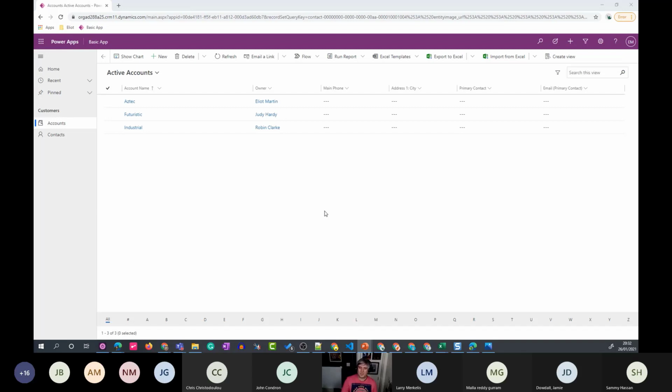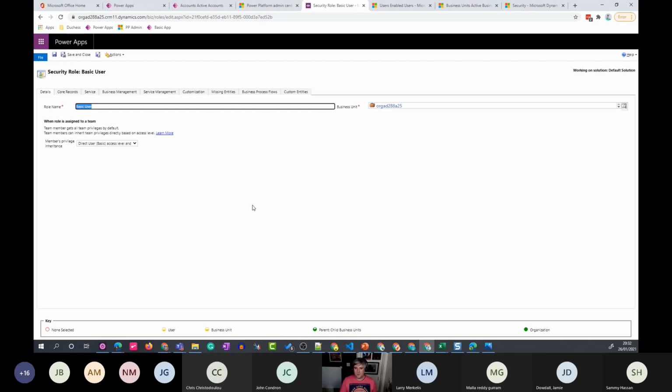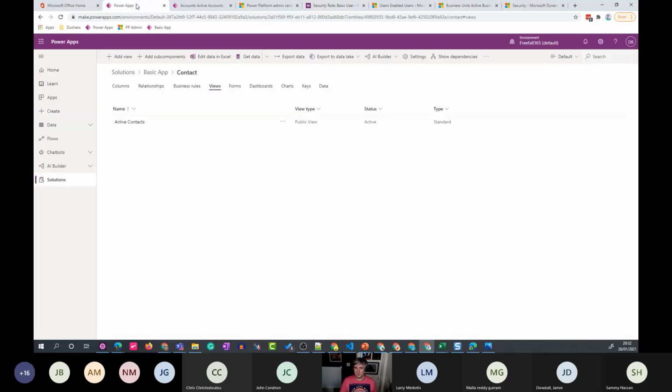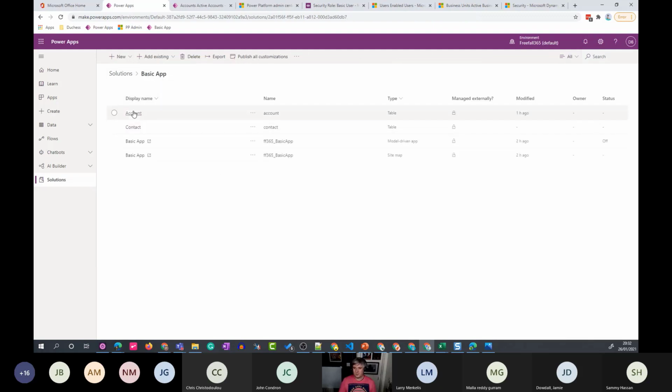So to use access teams with records, you have to enable the table for the access team. To do that, you need to go into the Maker Studio. So remember, you can't create an access team. It's created automatically in the background, but it allows you to explicitly give users access to records that they wouldn't normally access. So if we go to account,